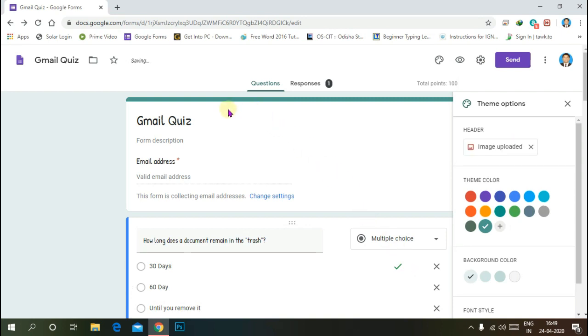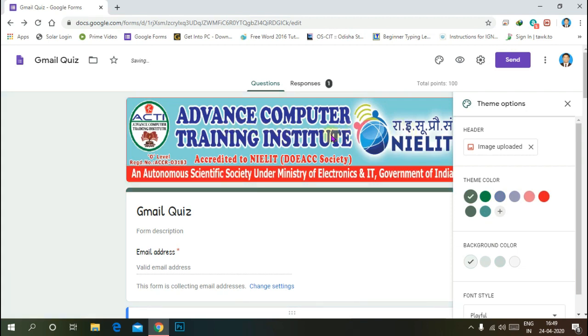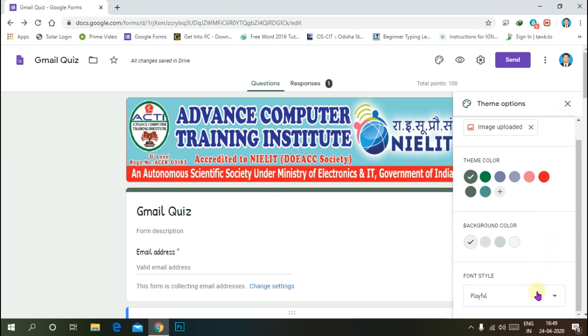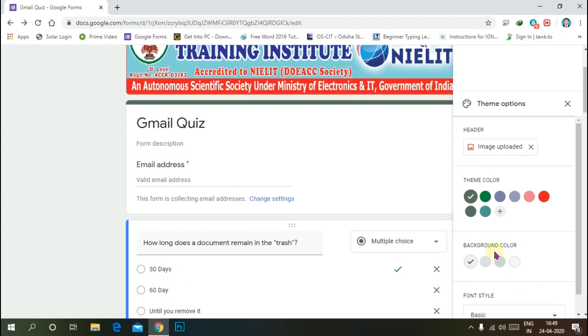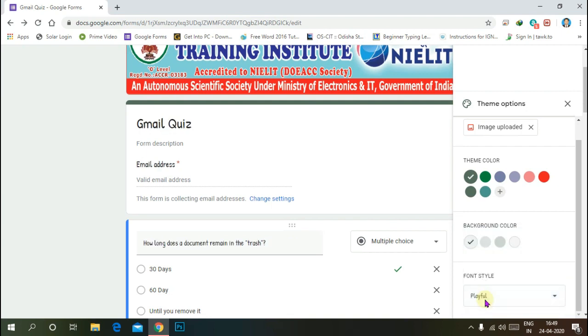So preview at the top of the quiz form. Now you can change the font style of the quiz, which is playful font. You can choose basic, which is the default. By default, the basic font style is available. You can choose other font styles for the questions.